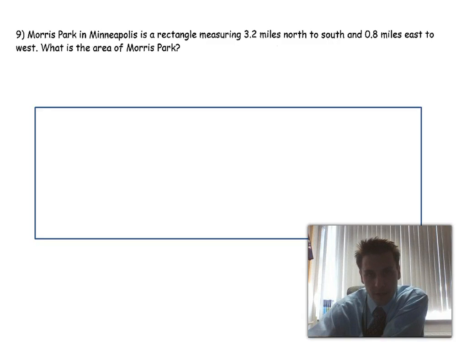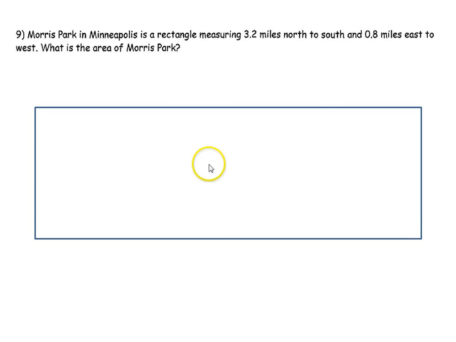And we're going to do problems number 9 and 10 from the Geometry Chapter 8 practice test now. Number 9 says that Morris Park in Minneapolis is a rectangle, as you can see on the screen, that is 3.2 miles north to south and 0.8 miles east to west, and we want to find the area of Morris